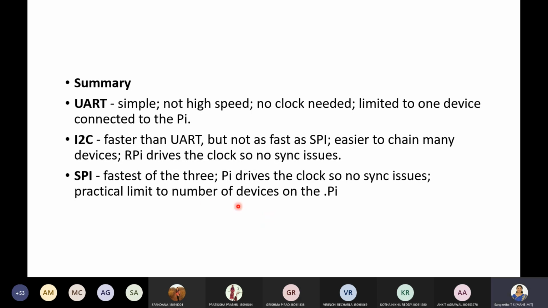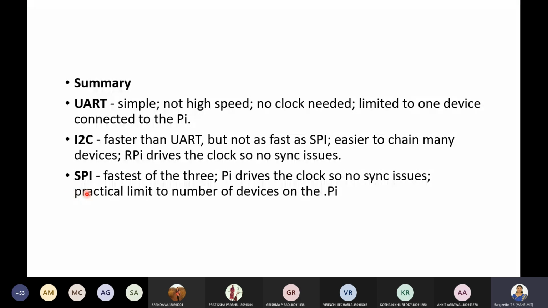If you have concern about connecting more devices, you can make use of I2C, since it supports 127 devices. So by considering the number of devices connected, I2C is going to be the best. Or if you are considering speed as a criterion, then SPI is the best.